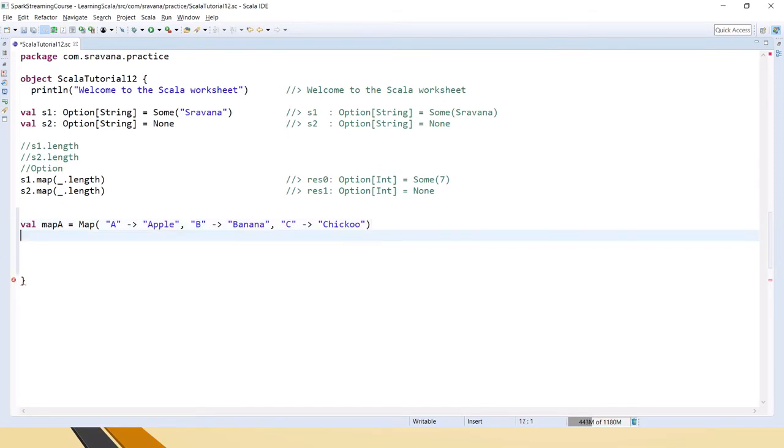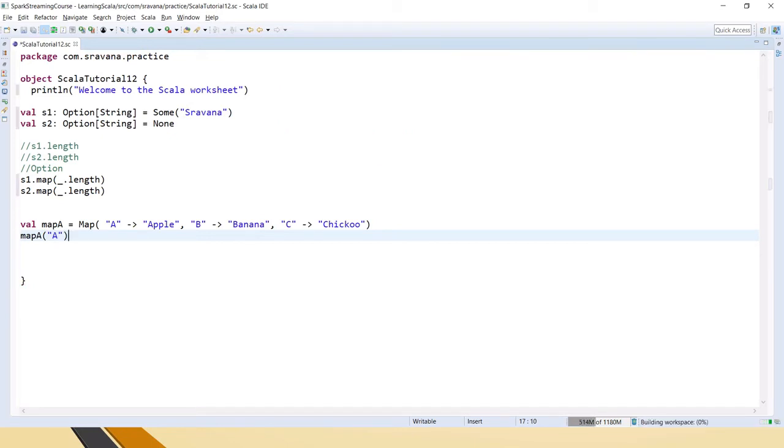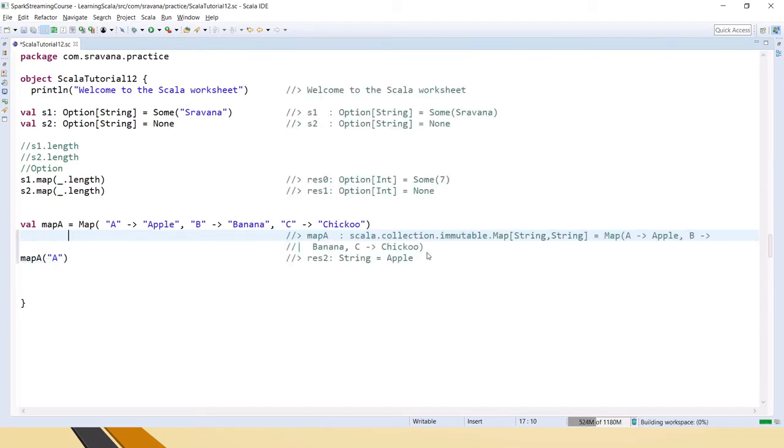Now if we wanted to get some value out of it, how to get it? We have discussed how map works, what the index is and everything in detail in the previous videos. So now let's say map A of 1, and when you save it, it will return apple. So we are providing the key and it is returning the value.